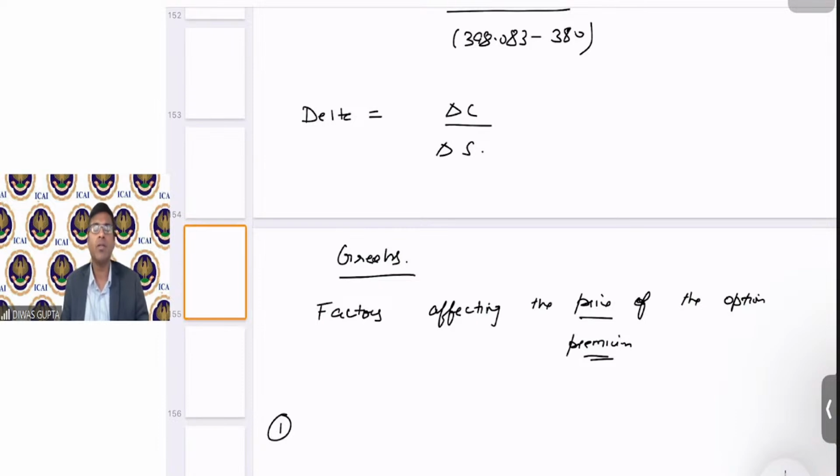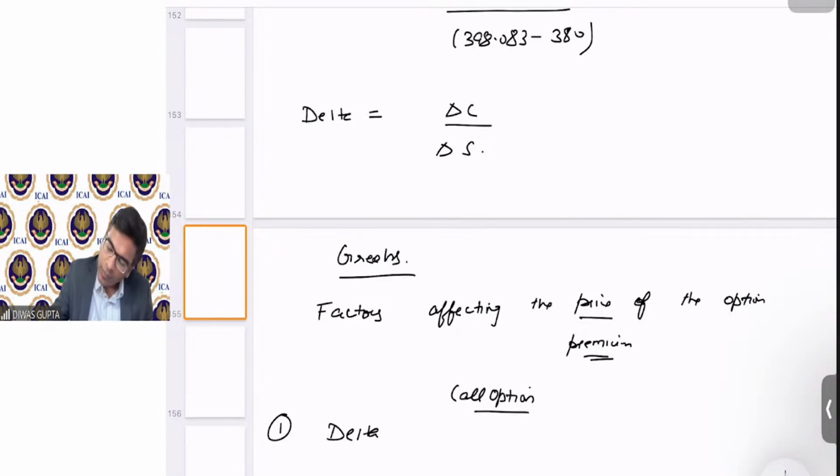Correct? Any increase or decrease in spot price will impact the price of the option. I hope all of you agree with me. So that measure is called delta. Okay. So for call option and put option,